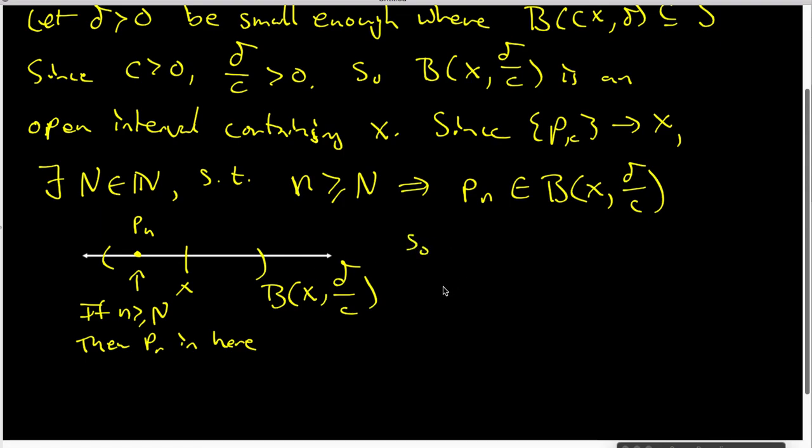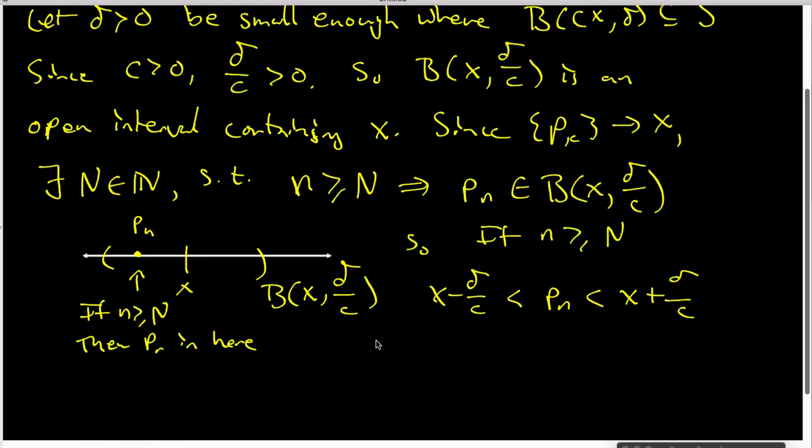What we now know is that X minus delta over C is smaller than Pn, and that is smaller than X plus delta over C as long as n is bigger than or equal to capital N. But C is positive,